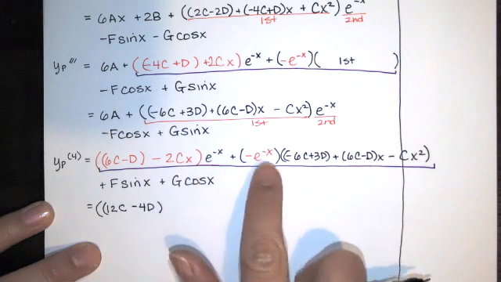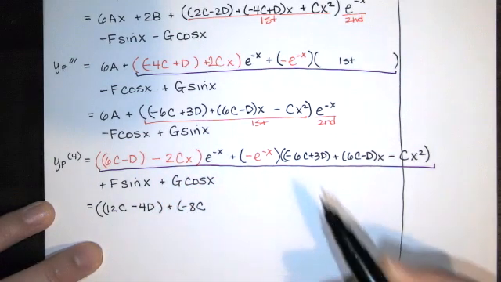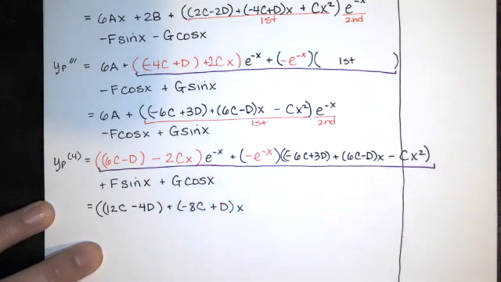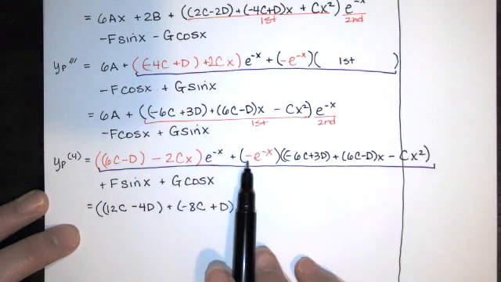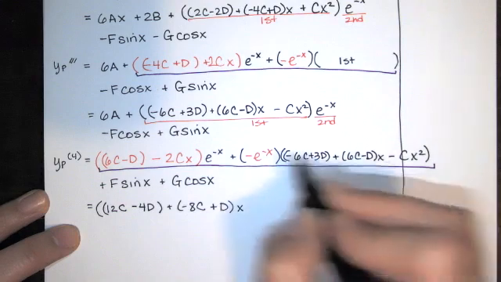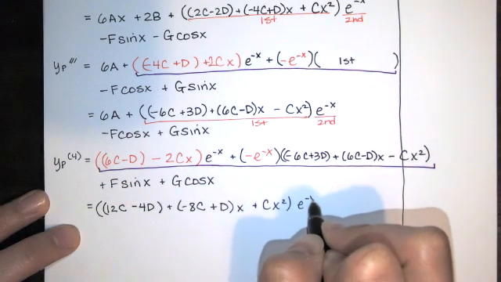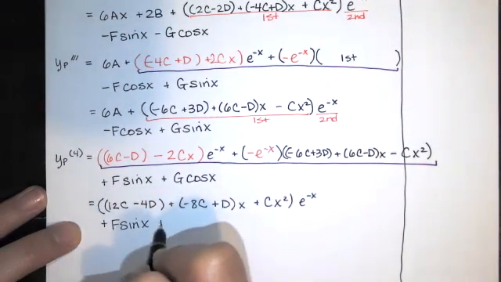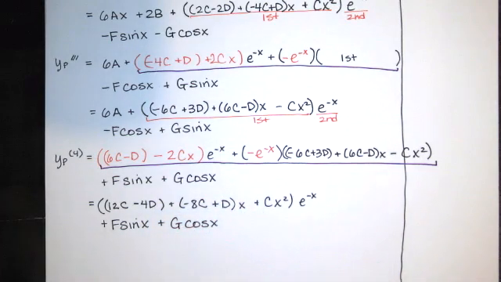So I have negative 2c minus 6c, so that's negative 8c, minus a negative d, so that's plus d times x. And then the x squared term is a negative times a negative, or negative cx squared. That's going to be a positive cx squared times the exponential, plus f times sine of x, plus g times cosine of x. And now we want to add